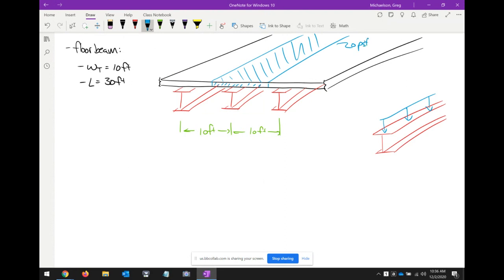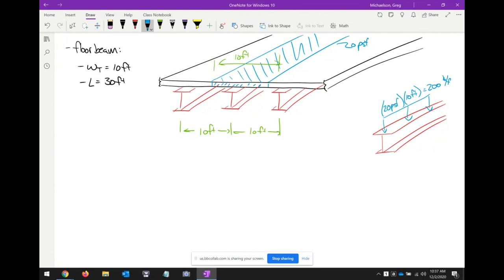How do I turn this 20 pounds per square foot into that? Well, I have 20 pounds per square foot applied over a width of 10 feet. So I propose that this line load is going to be 20 pounds per square foot times the tributary width of 10 feet,